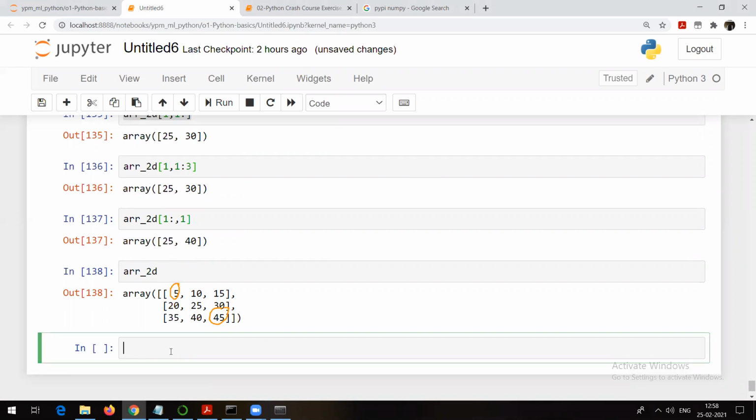I hope everyone understands the question. What should you write down? ARR_2D. Even this question, those people who already know about it, even they can also try it. Let me know whether you are able to answer it or not. For you, 45. Those people who are not getting the question, you can just ask me. I will repeat it once again. I hope everyone is getting this. ARR_2D. How can you answer it? 5, 45. This is what I want.